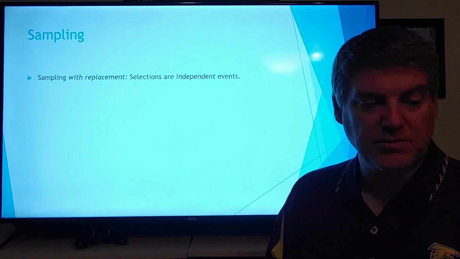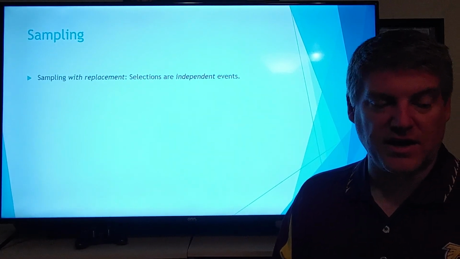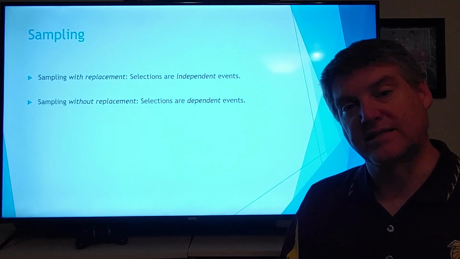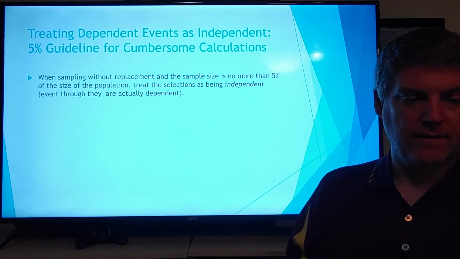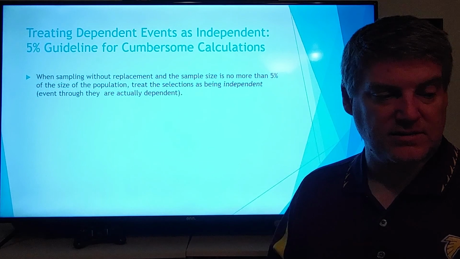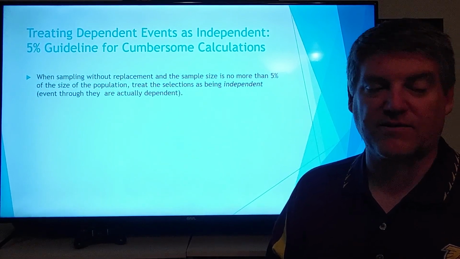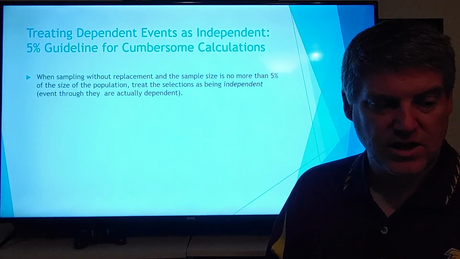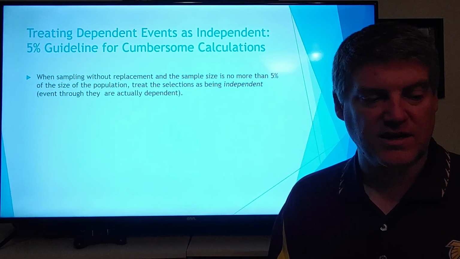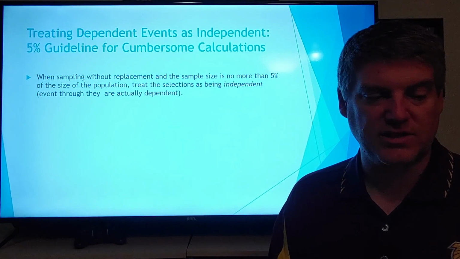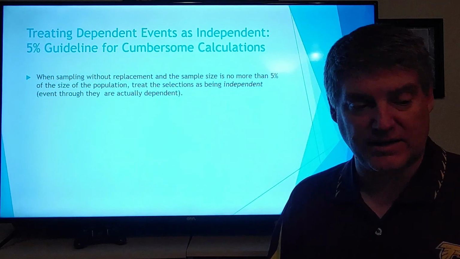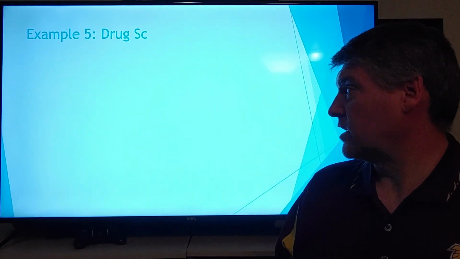Sampling with replacement: selections are independent events. Sampling without replacement: selections are dependent events. Treating dependent events as independent, the 5% guideline for cumbersome calculations: when sampling without replacement and the sample size is no more than 5% of the size of the population, treat the selections as being independent, even though they are actually dependent. Okay, so we're going to do